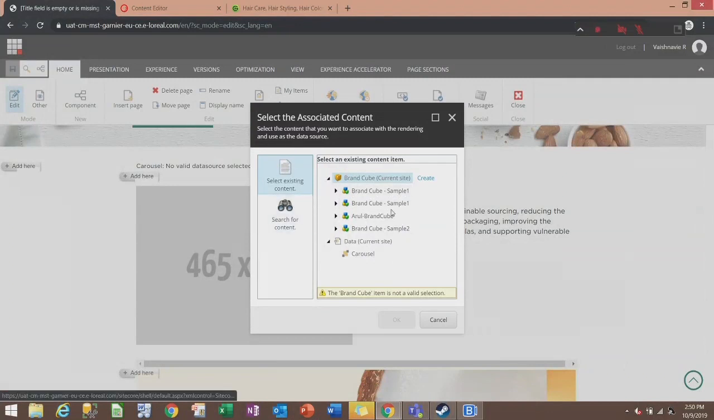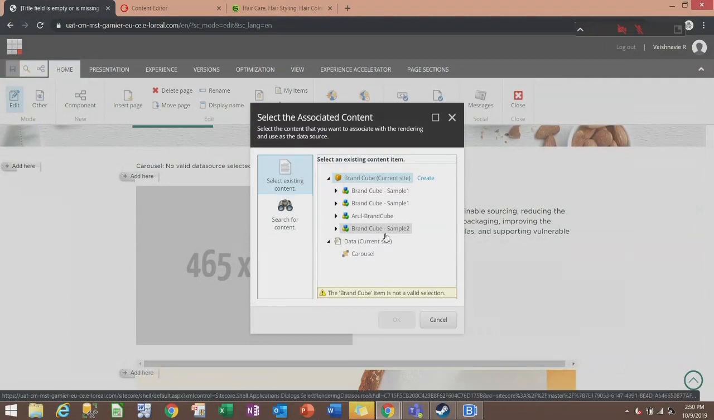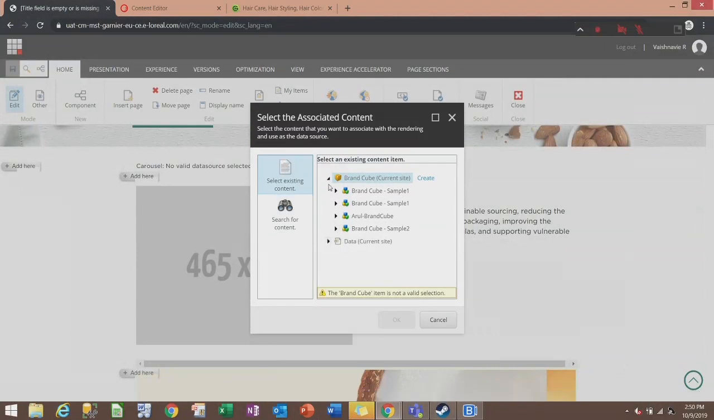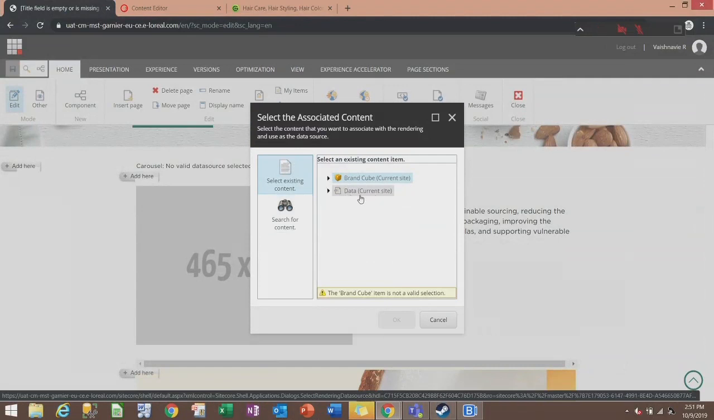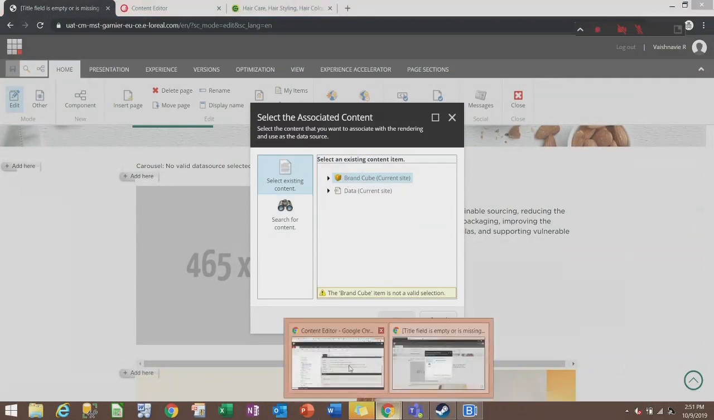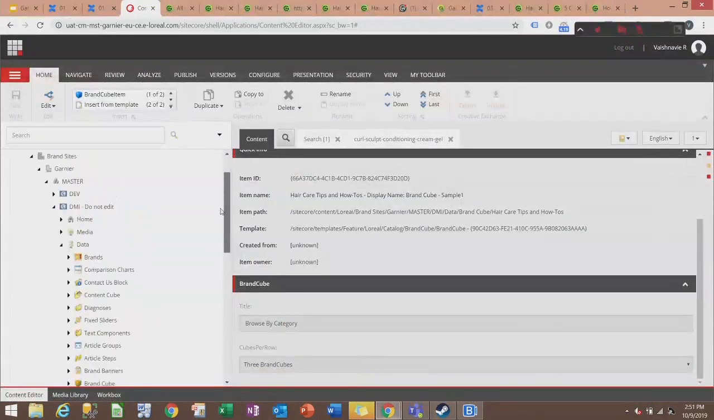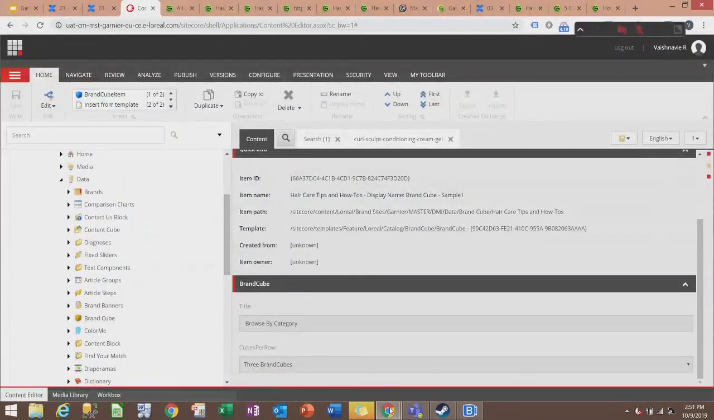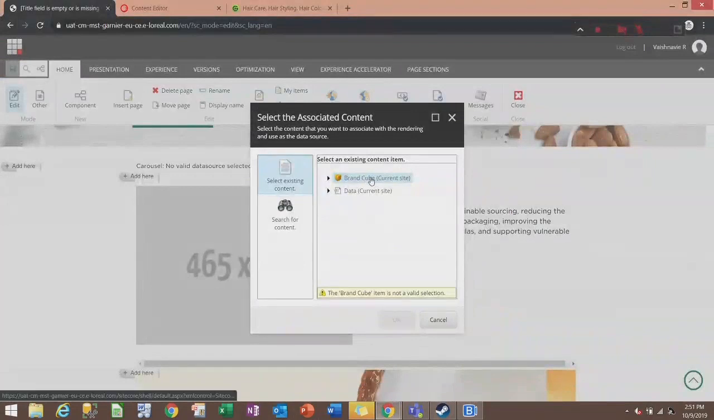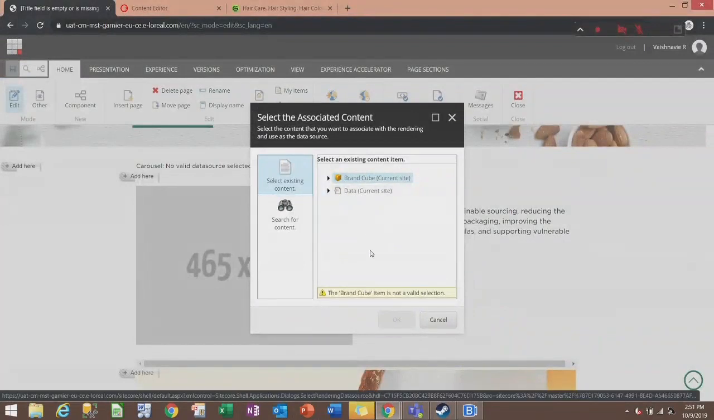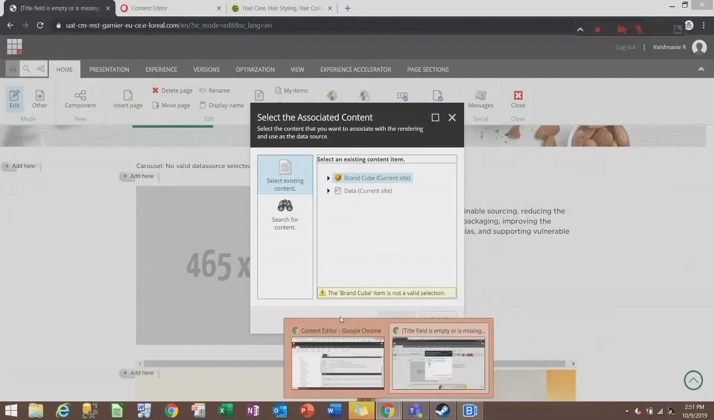Now you will get a data source pop-up here. You can add an existing data source or you can create a new data source. To explain what these two options are, you will have something called current site and data current site. So what you see here first is what is present in the data folder under that particular component. So this brand cube is what you see here. What you see here is for that particular page. Since we are in the home page,